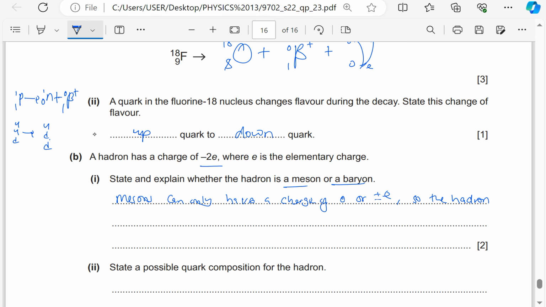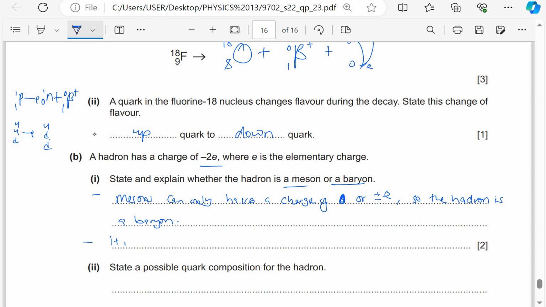It can't be a meson because mesons have a charge of 0 or plus or minus e. So this hadron must be a baryon. Alternatively, you can say it must be made of 3 quarks